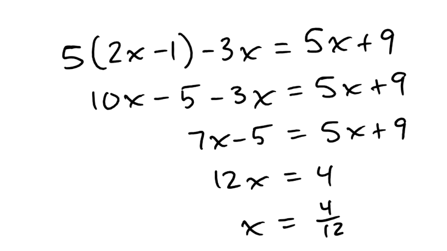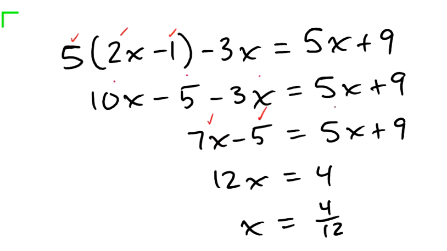So, as I look at this, I'm going to just kind of start at the top and move down. I can see that I did indeed multiply 5 by both 2x and -1, because that's the 10x and the 5. And then there's a -3x. If I combine 10x minus 3x, that is 7x, and then -5. That all looks good. On the other side, I'm just writing 5x plus 9 again and again. Let's see, next, it appears that